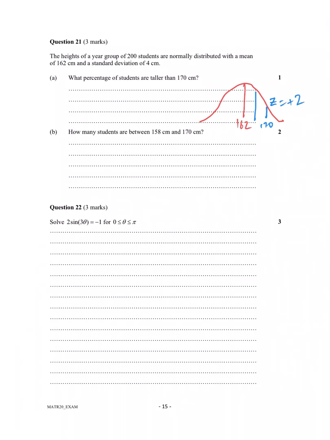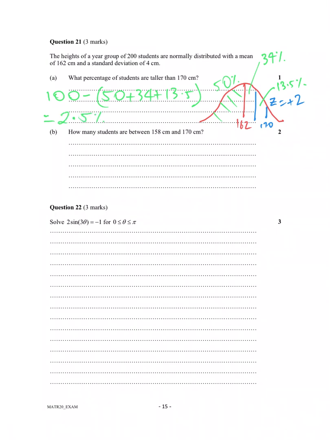So what we're really being asked here first is what percentage of scores or students here are shorter than 170? Well, there's 50 that lie in here. Using our empirical rule, we've got 34% that lie in here and 13.5% that lie in there. That's by cutting up that 68 into half and then taking the difference between 95 and 68, cutting that in half. So what I've got is, my answer here is 100 minus 50 plus 34 plus 13.5, and that's as a percentage, which is going to be 2.5%